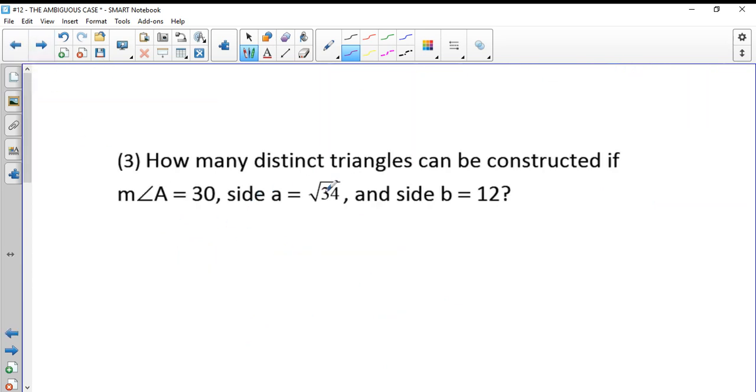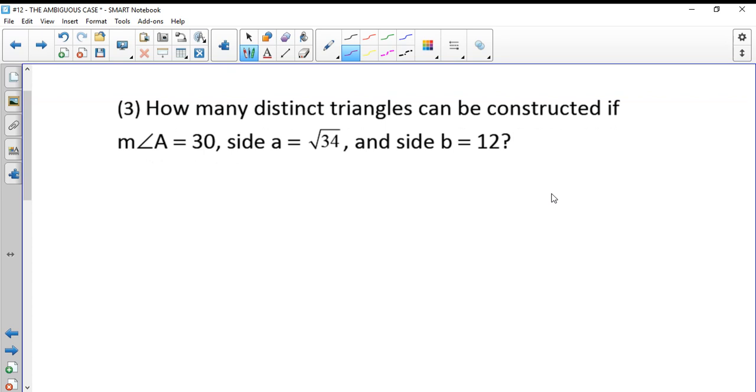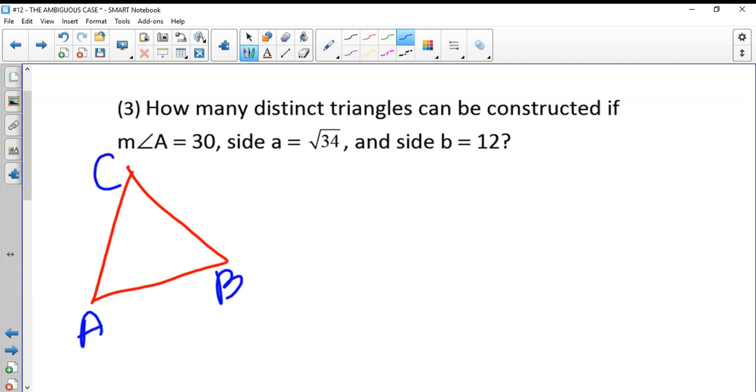Next example, how many distinct triangles can be constructed if we're given this information? So again, this is just going through and drawing our triangles and labeling information that we're given. So triangle ABC, measure of angle A is 30 degrees. Little a is square root of 34. Side B is 12. So the information that we're given, once again, I have angle A and little a, so I can use law of sines to help me calculate measure of angle B. I can't find C yet because I don't know little c, but because of the information that's given, we can